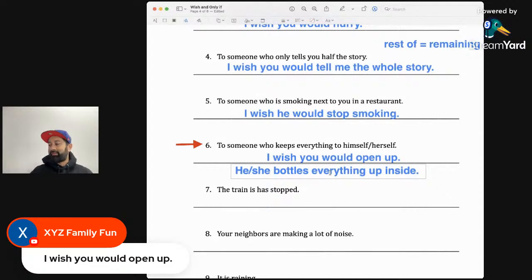So basically what that means is you're putting all your emotions, all your feelings into a bottle, you close the bottle and you put it deep inside. You're not going to talk about it. So the opposite is, I wish you would open up. Great sentence,